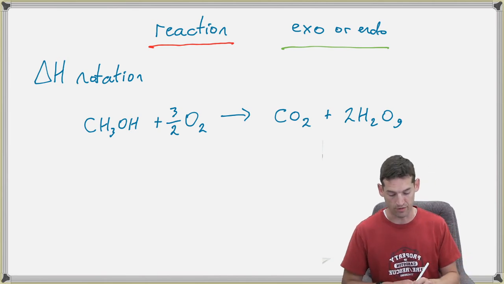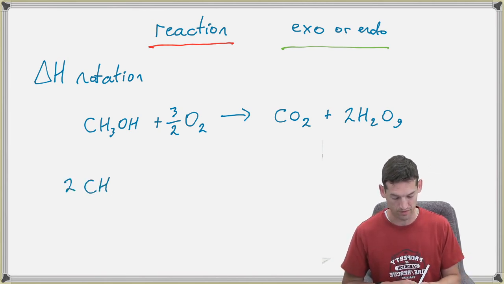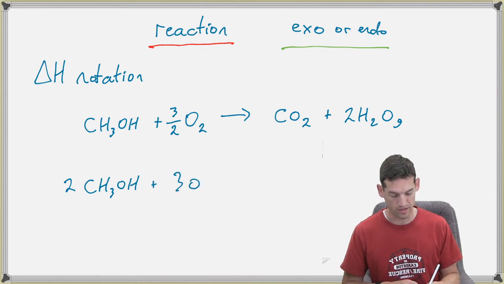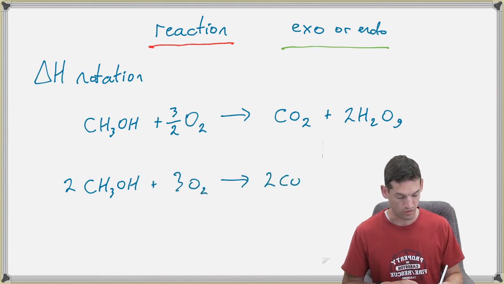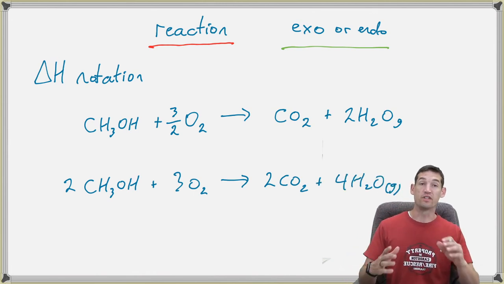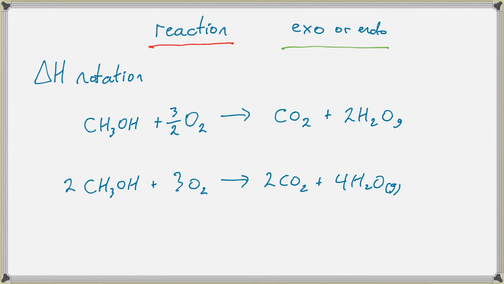That's one way to balance that out. The other way you could balance that out is to double everything, and you'd get 2 methanol plus 3 oxygen gives me 2 CO2 and 4 water. Now here's where the difference is going to show up, and let me get myself out of the way here so I can show this to you. The difference is going to be the delta H. Remember that delta H is a total number. So because this is 1 mole releases 725.9 kilojoules, in this first reaction here, I only have 1 mole. So that one was going to be a delta H equals negative